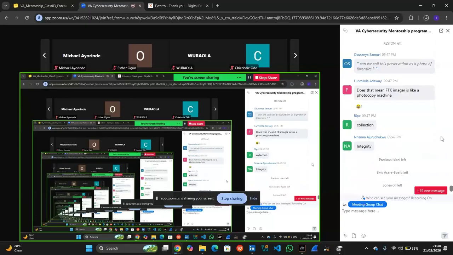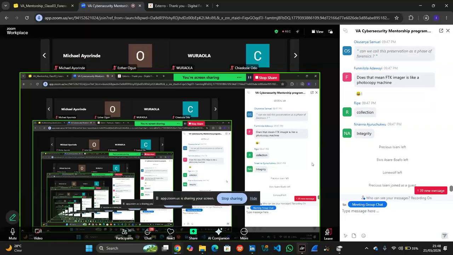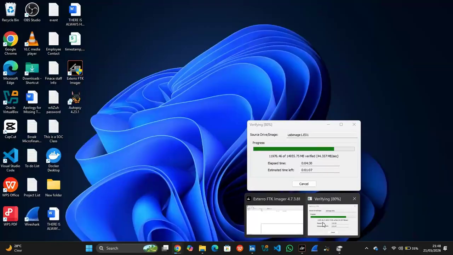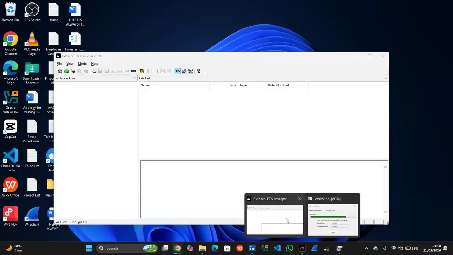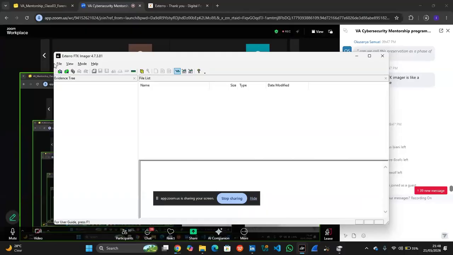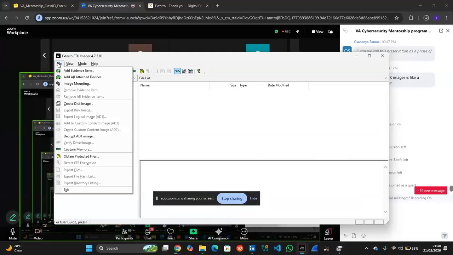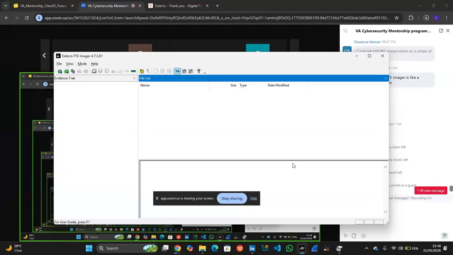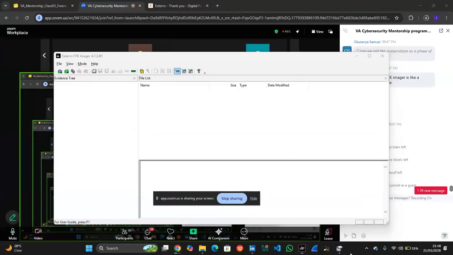So you are creating a twin version of that USB while maintaining its integrity. Every bit down to a single file on the main USB is in the forensic image. All right, thank you very much, Mr. Sam.